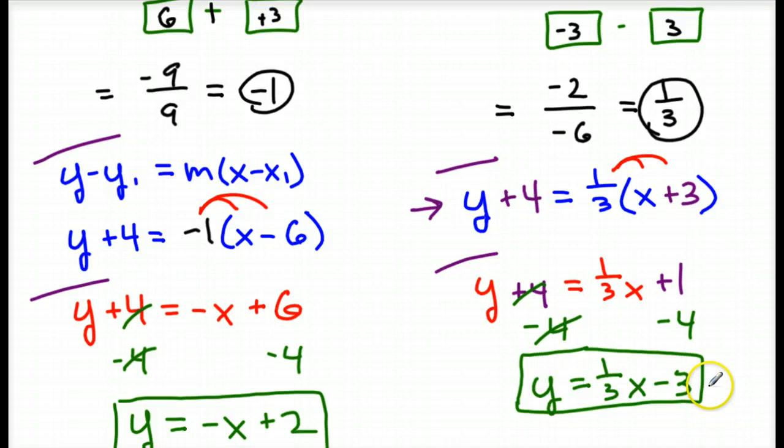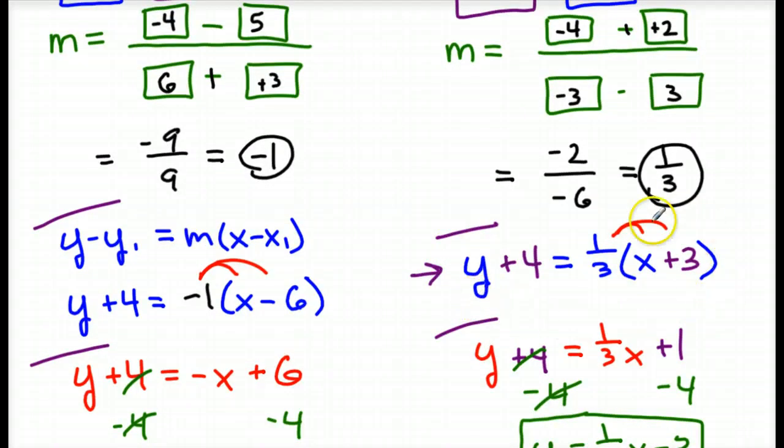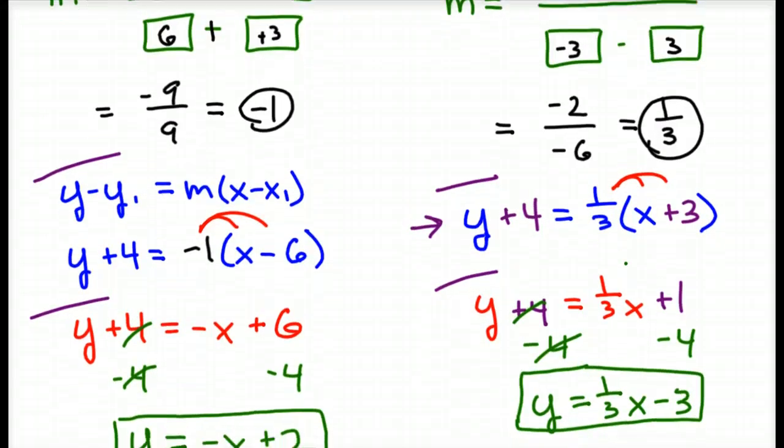So that's why I said it doesn't matter which point you pick in this step 2. When you're writing your equation in point-slope form, either point you pick, you're still going to get to the same slope-intercept form equation. Okay, if there are any questions over this one, feel free to email those questions to